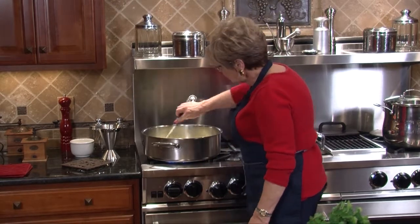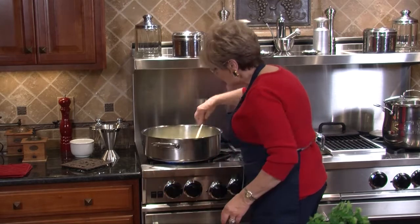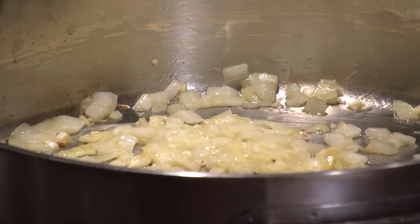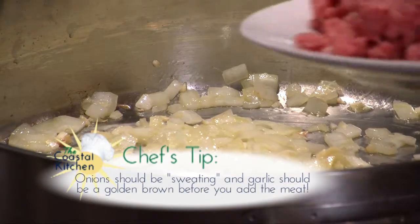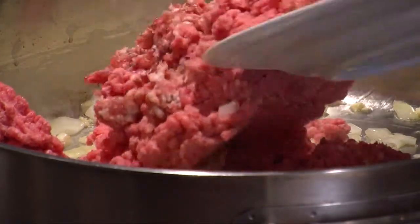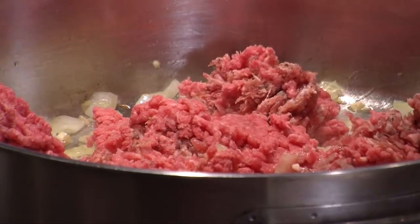Alright, these onions and this garlic are starting to sizzle. I'm going to turn it down to low, and I am going to put our meat in. You know, this is one of the reasons I love to cook, and that's to have my grandchildren over, and thank goodness spaghetti is one of their favorite things. Alright, meat in,